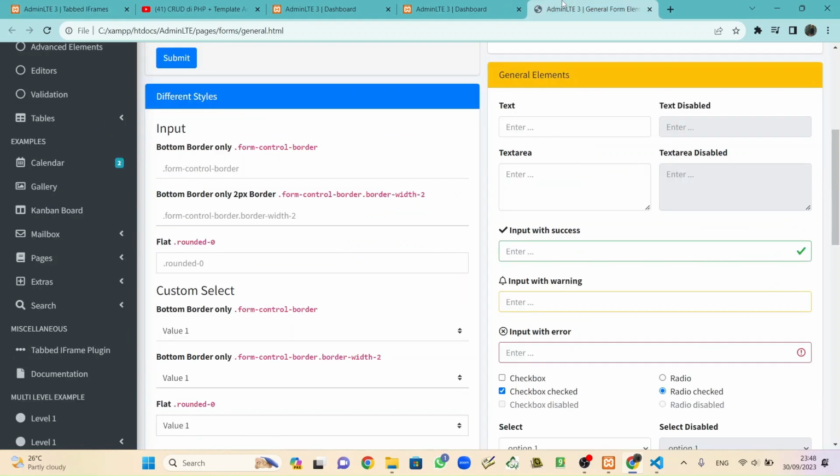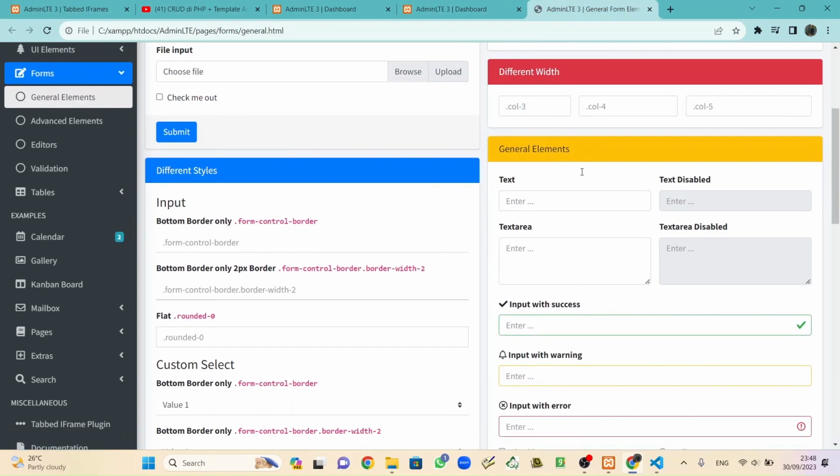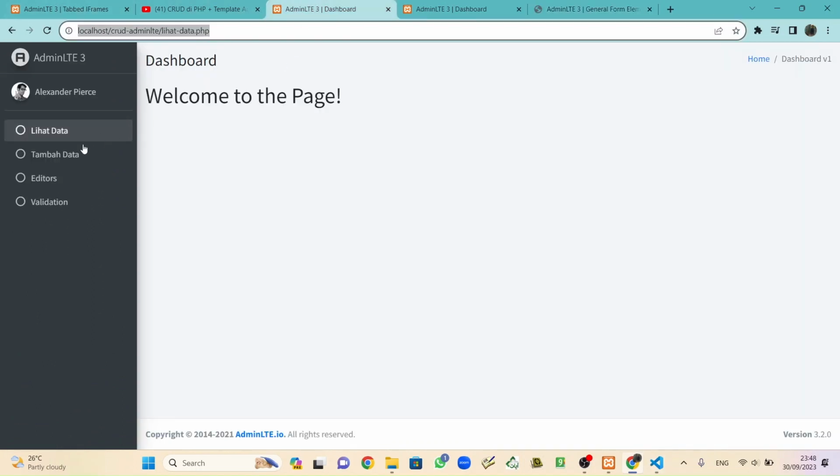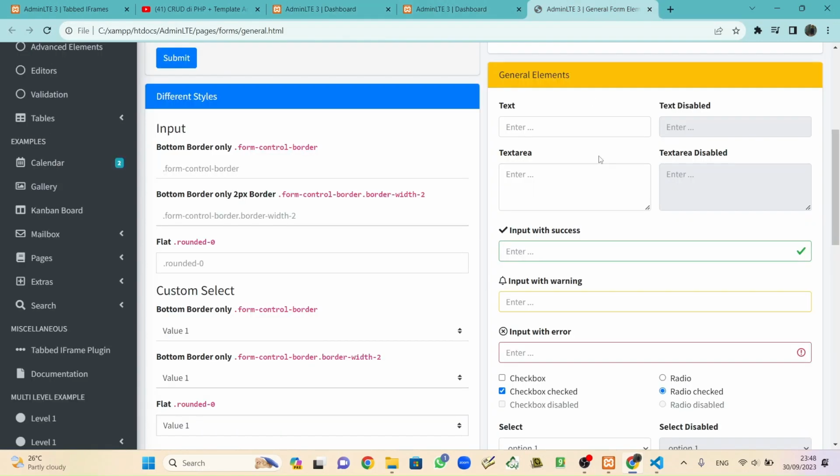So maybe what we can do is make this page first, I mean tambah data or create. So we make the form first from the general elements.